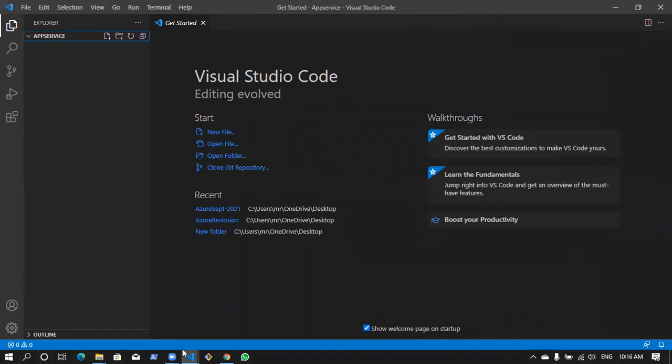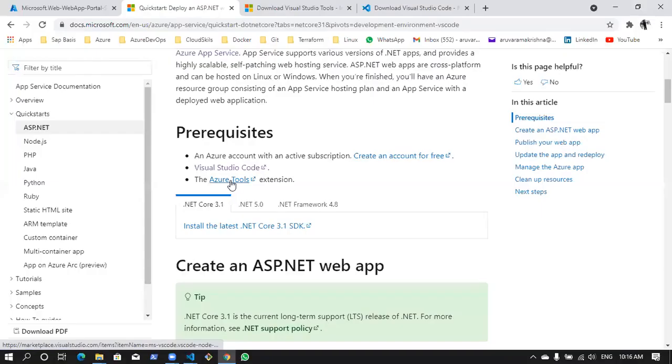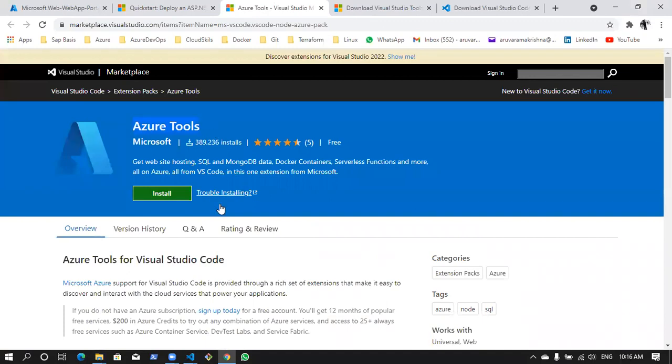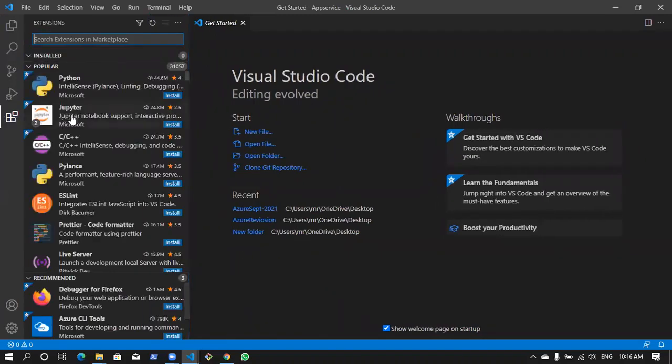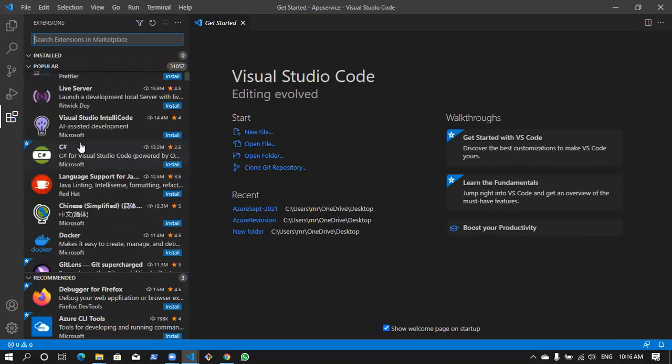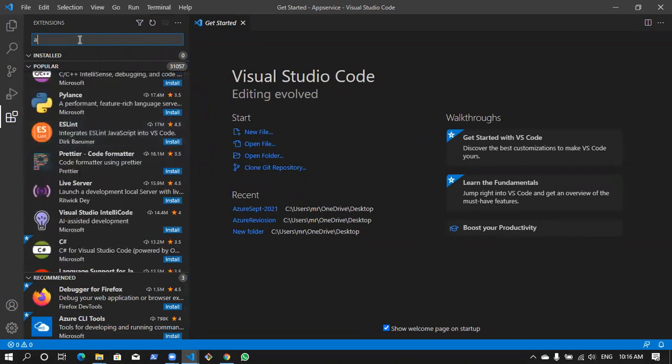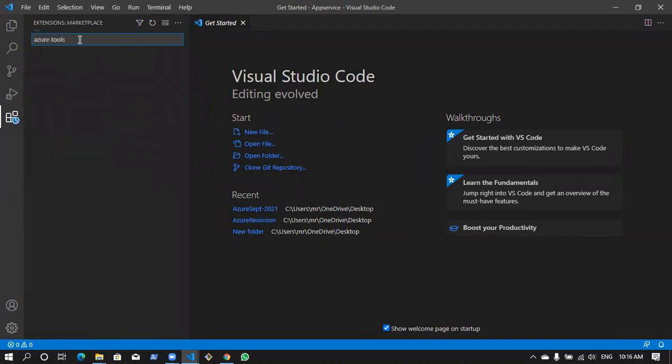So now it is recommending to install these particular tools, right? Azure Tools. So I can click on this, and it will go to Azure Tools. If not, I can come back to my same VS Code, and here I have an extensions tab. If I go to the extensions, I can just install whatever extensions it is asking for. It is asking you to install Azure Tools, right? Okay, let me enter Azure Tools,